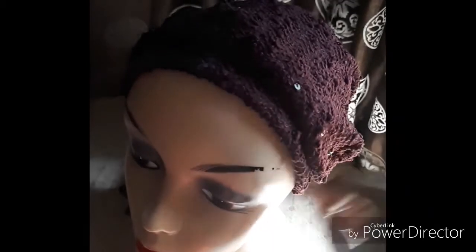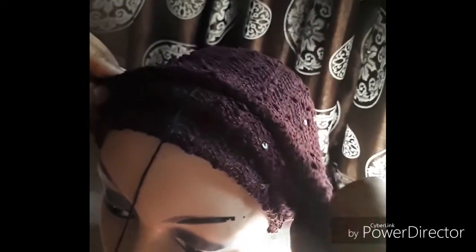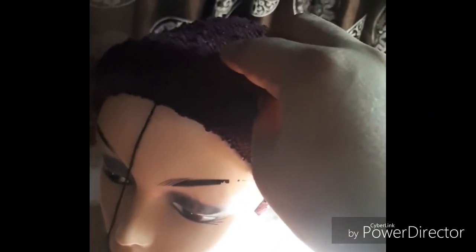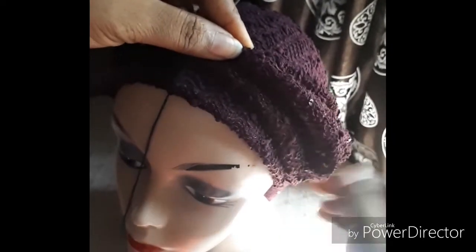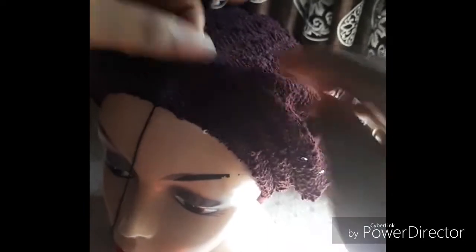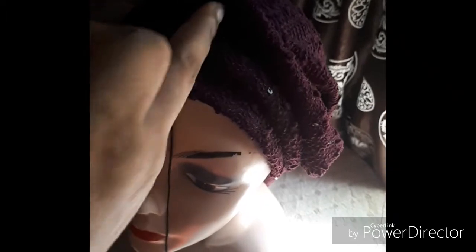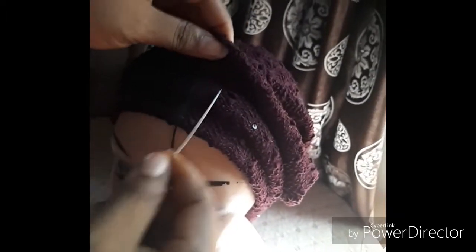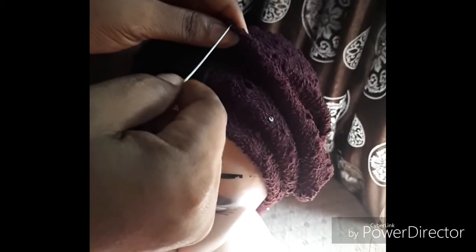You've gotten your first pleat. You come for another pleat, you pull this way, right? You use your hand to adjust and to arrange like this. Okay, you get your needle, you pass it. Make sure you're always doing it on the middle, and then at the end, this inner part and not on the edge. Okay, you pass your needle,